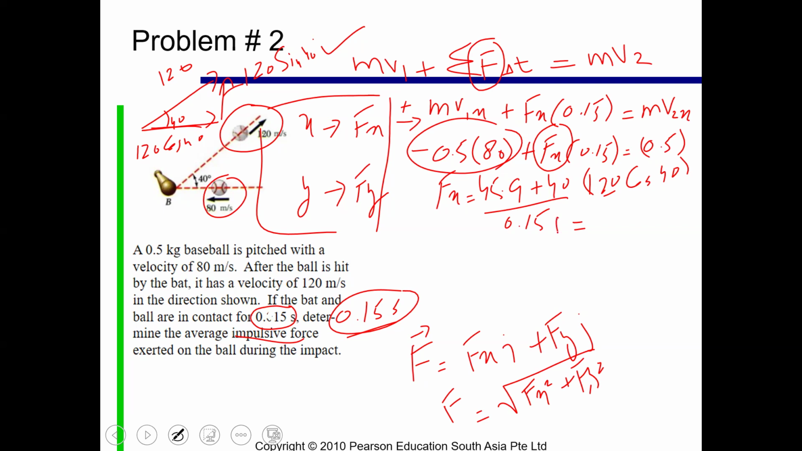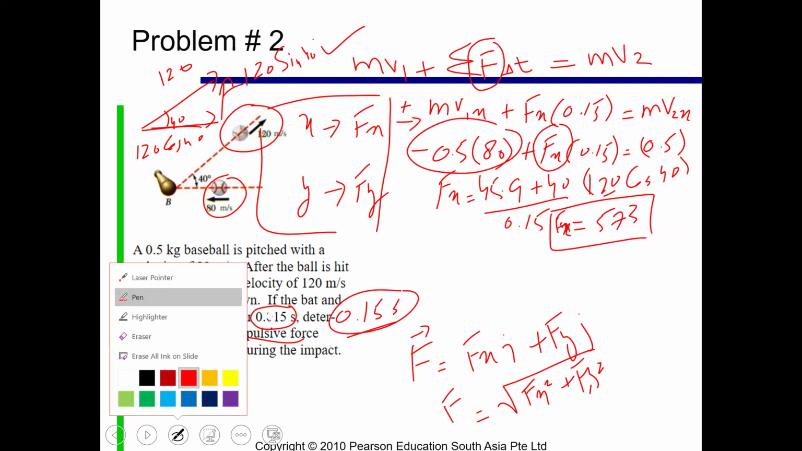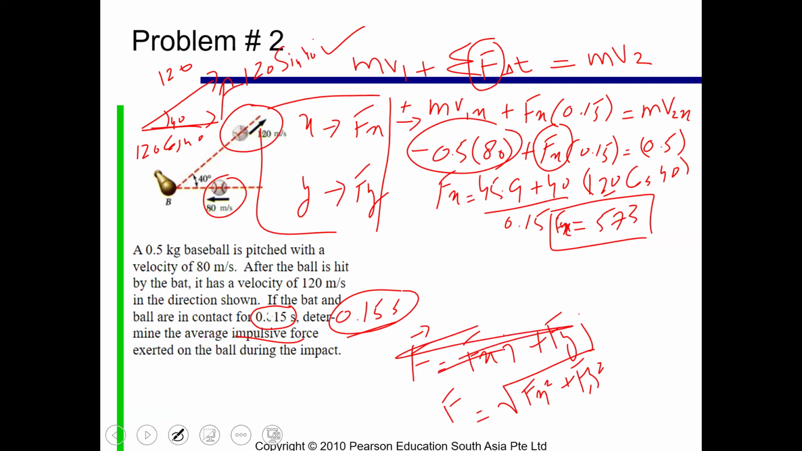What value did you get for Fx? 573. Is it correct? Everyone is getting the same number? Yes, I got the same. Okay, now you need to do the same thing for the y-axis. So let me erase this a little from here. Same equation for